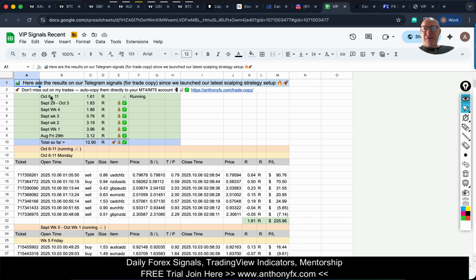So we've had to come up with a solution. 6 weeks ago, I've been developing the indicators and the strategy, but the settings in the indicators is the thing. And we really came up with this current configuration of the indicator settings back here, Friday, the 29th of August. Since then, we've been working this strategy and, it's an evolutionary process. So these are the weekly results each week so far. So you can scroll down and have a look at all these trades. This is the Telegram signals.